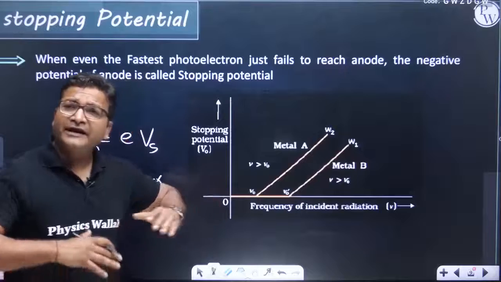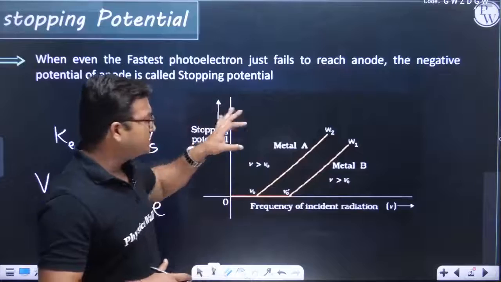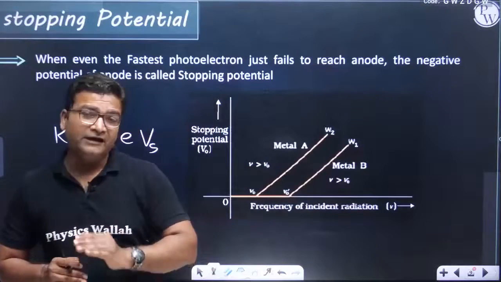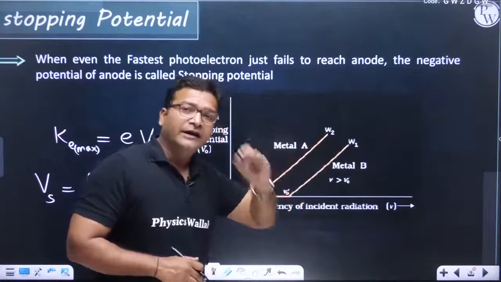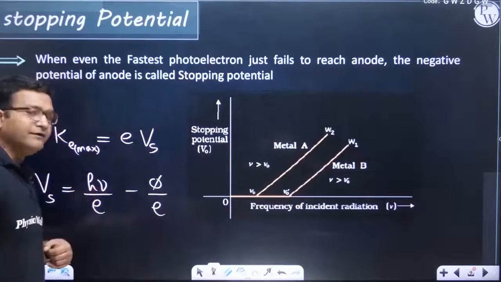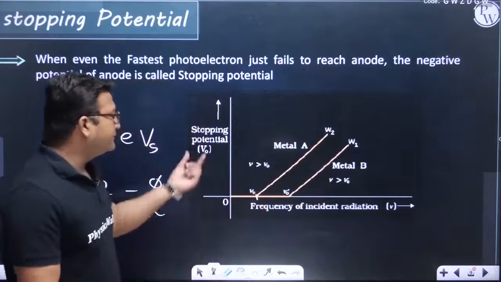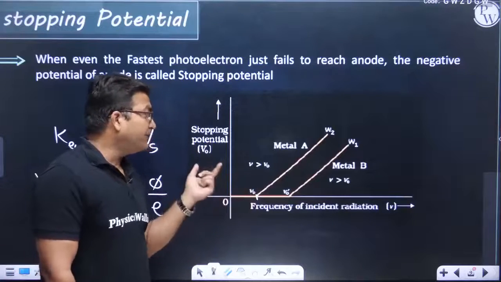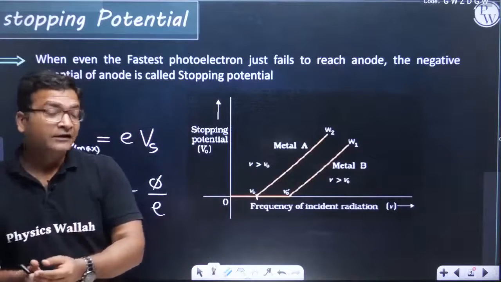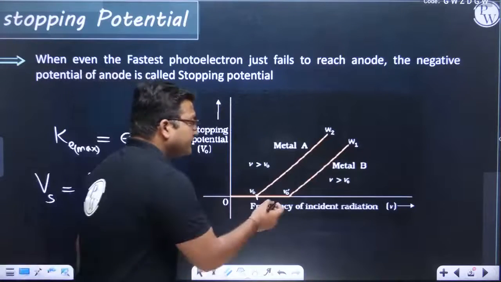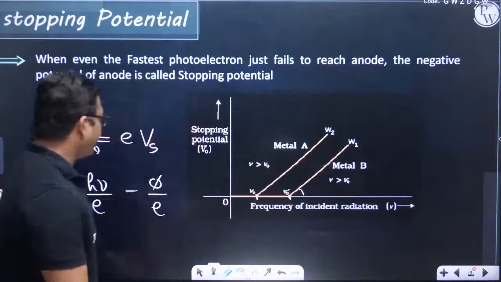Therefore, you take any metal of the world, draw their separate stopping potential versus frequency curve, and you will see all the graphs would be parallel to each other, because the slope for all is a universal constant equal to h by e. Obviously, at this frequency we get zero stopping potential. Only after this frequency we get some stopping potential, meaning only after this frequency the electrons are being emitted. So this is the threshold frequency for metal 1. This is the threshold frequency for metal 2. And the slope of this curve is h divided by e.